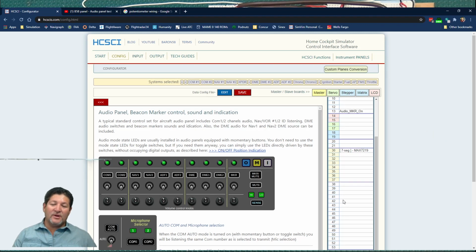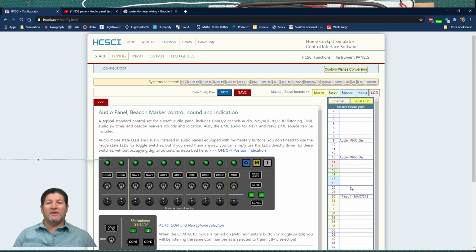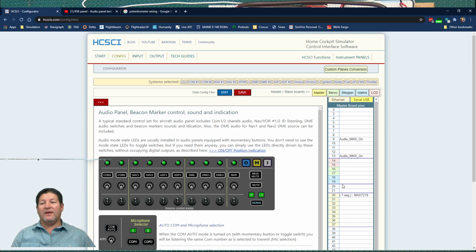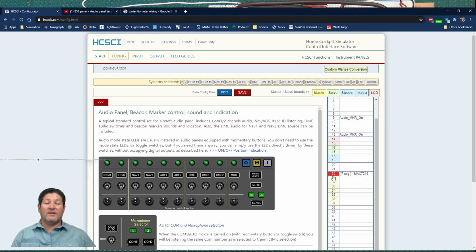It's a good idea, and I wanted to mention this at the beginning and forgot, depending on what you are planning to do in the future with your home setup, your cockpit, to try to stay away from the pins that are specifically for certain types of devices. So if you know that you're going to want to connect more than, let's say, 7 or 8 7-segment displays, then don't connect any inputs on these, because you're not going to have enough later, and you're going to have to move them, and then you're going to be in trouble. So stay away from all these right here that are pink, green, blue, and also the yellow ones,